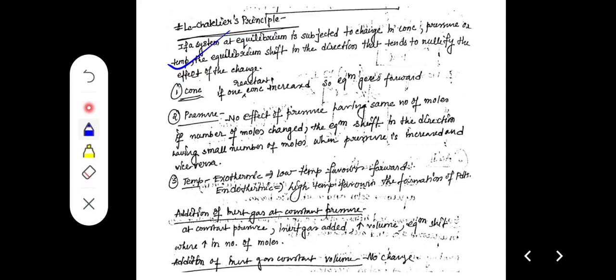Concentration: if the reactant concentration on any side increases, the equilibrium goes forward. If the reactant concentration decreases, the reaction always goes backward. Okay. Like for example,